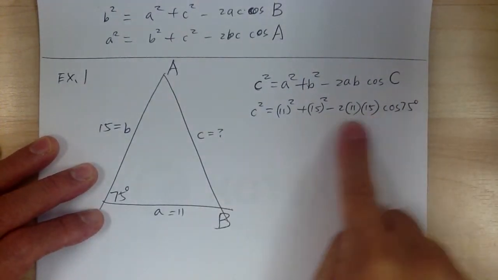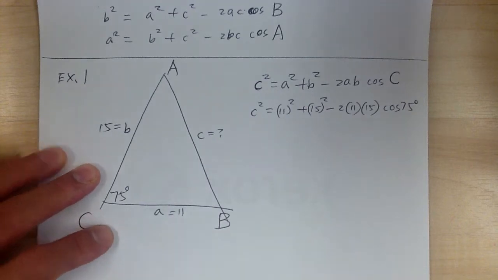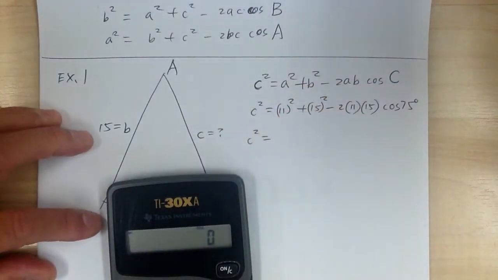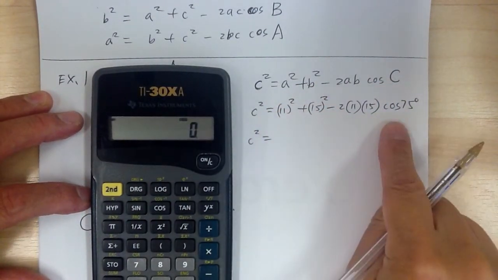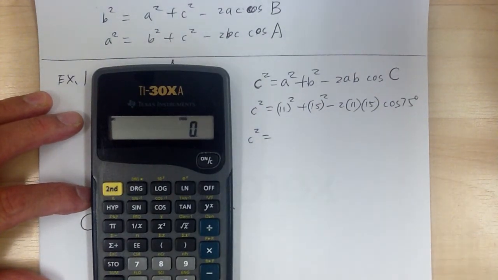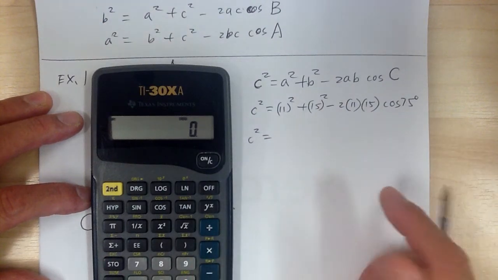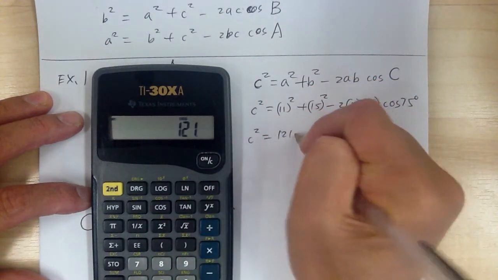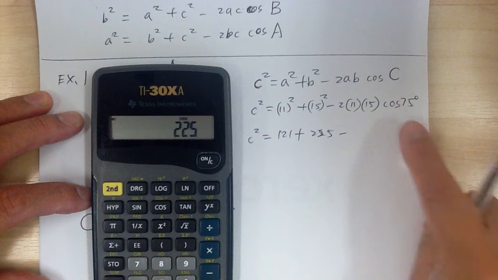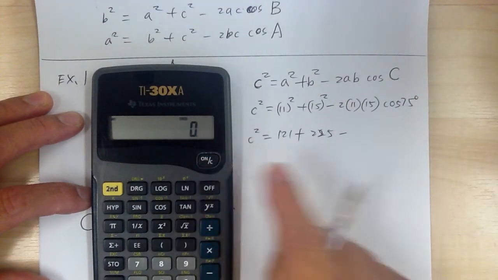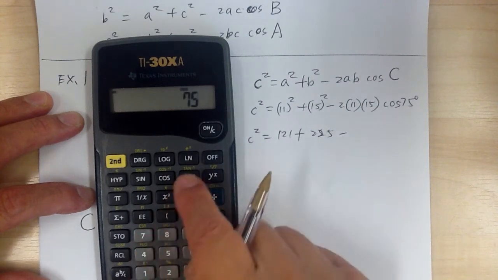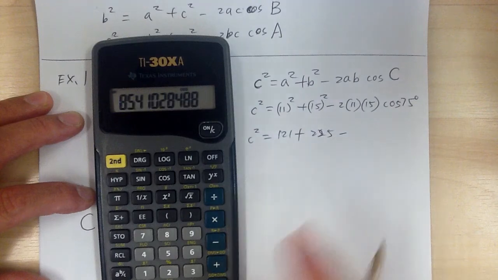So be careful with this part over here. Make sure you use your calculator correctly. So c squared. Okay, so it's better to just go and write out intermediate steps instead of trying to type out the whole thing and push equal. Because sometimes if you push one key, then everything gets messed up. So it'd be 121 plus 225 minus, so this part over here, 2 times 11 times 15 times cosine of 75, make sure you push equal, so it would be